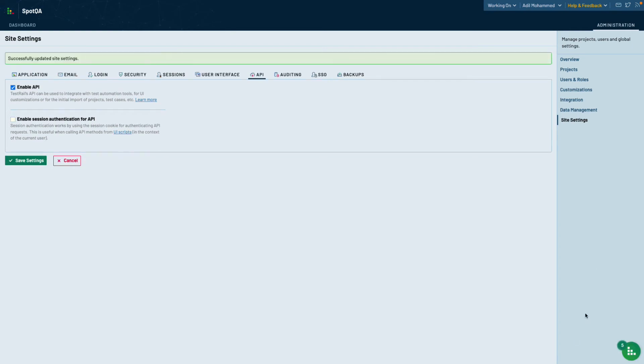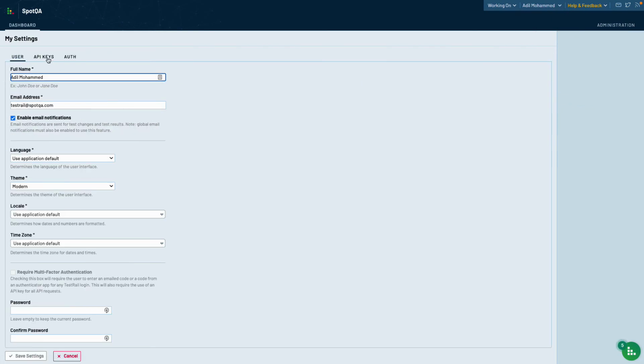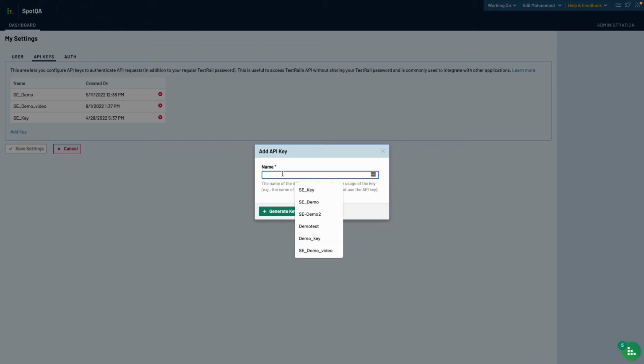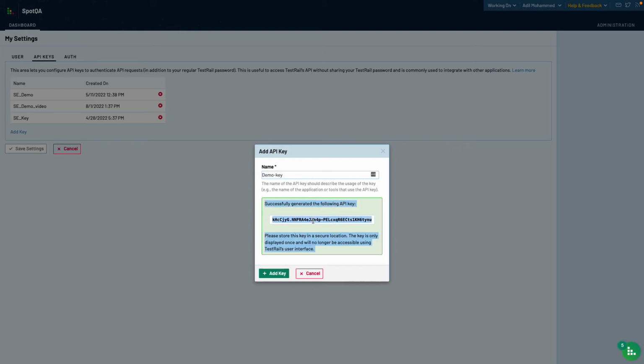Okay, the next thing we need to do is create an API key that we're going to use. So if we go into our user profile and My Settings and API keys, then we can add a key. So we'll call this our demo key in this case. We're going to generate the key, which I'm going to copy because I'm going to need to put that into